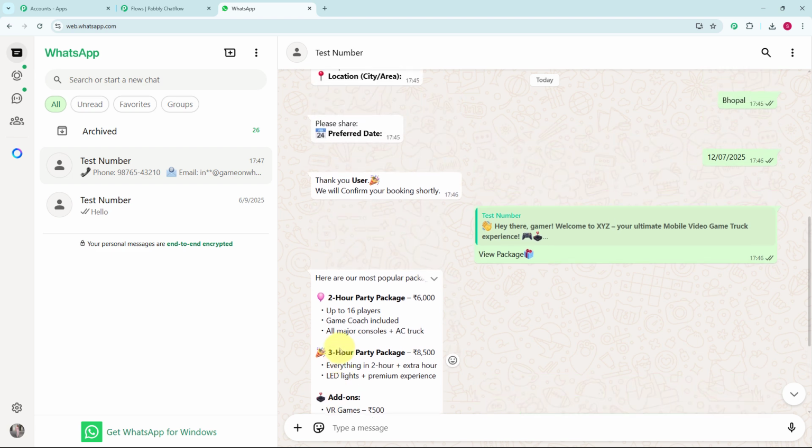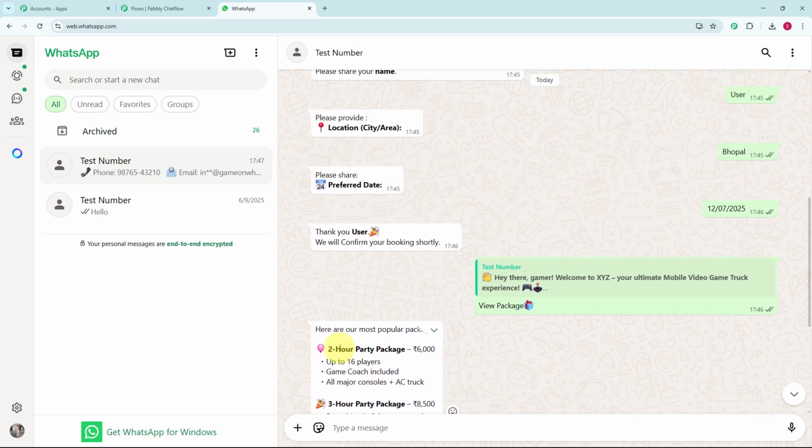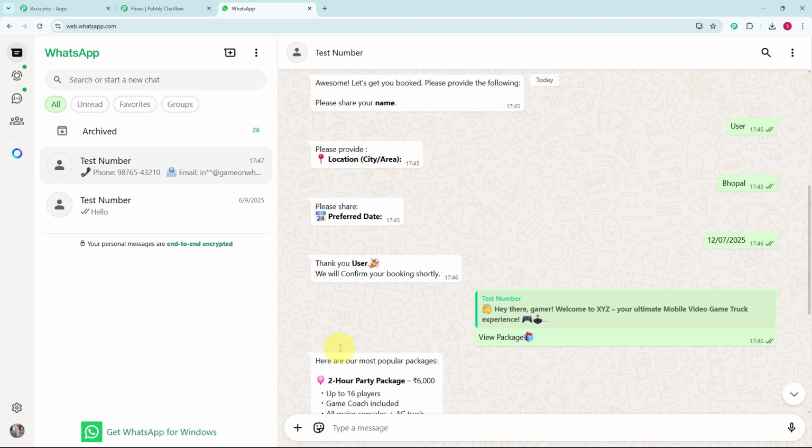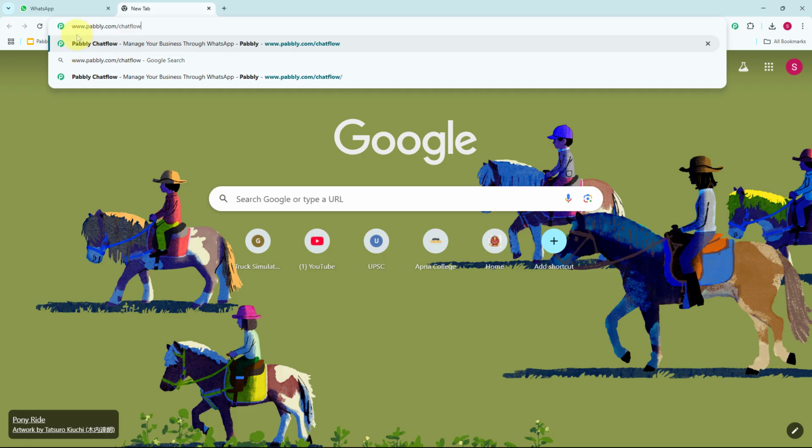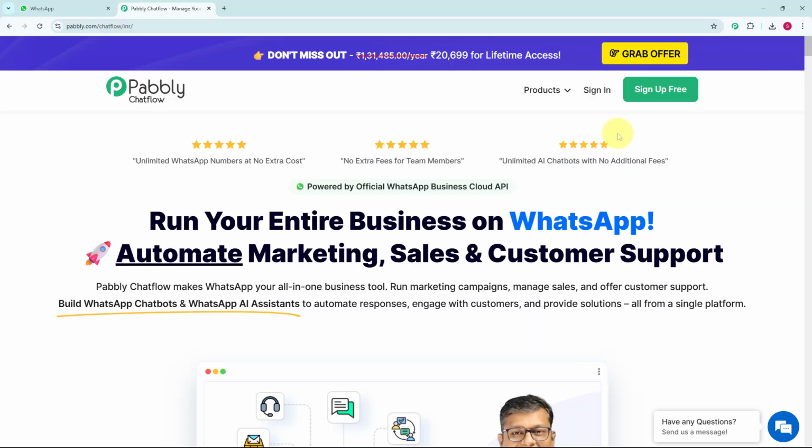So you can also create a chatbot like this for your business by just using Pabbly Chatflow, which is an amazing automation and integration platform. Now for accessing the Pabbly Chatflow, you just have to type its URL, that is www.pabbly.com/chatflow. Once you enter the URL, you will get the landing page of Pabbly, and here you can see